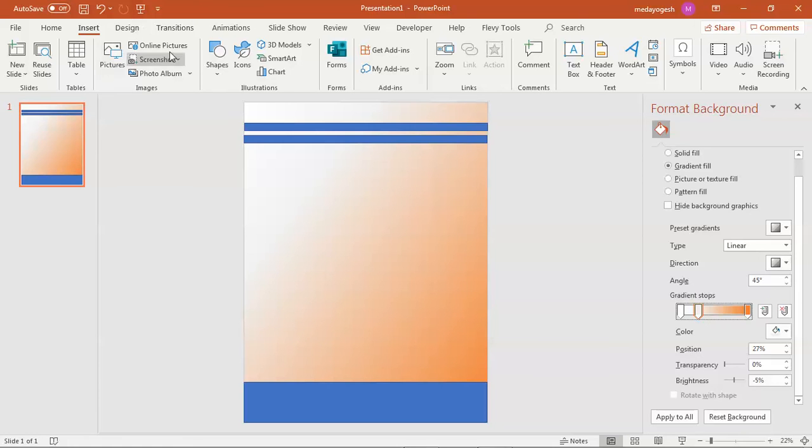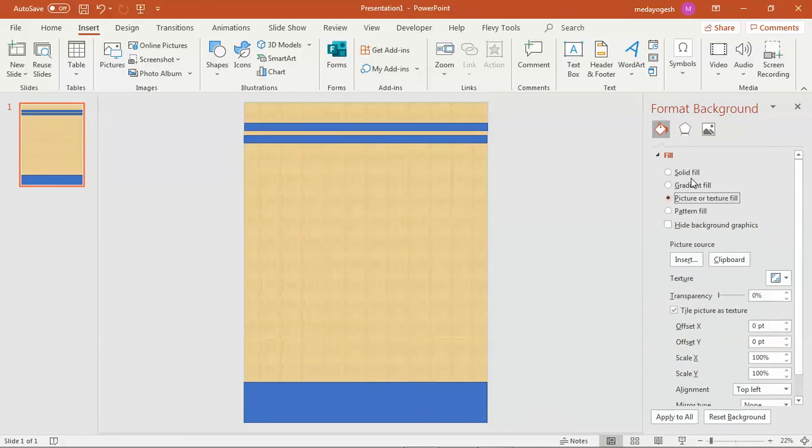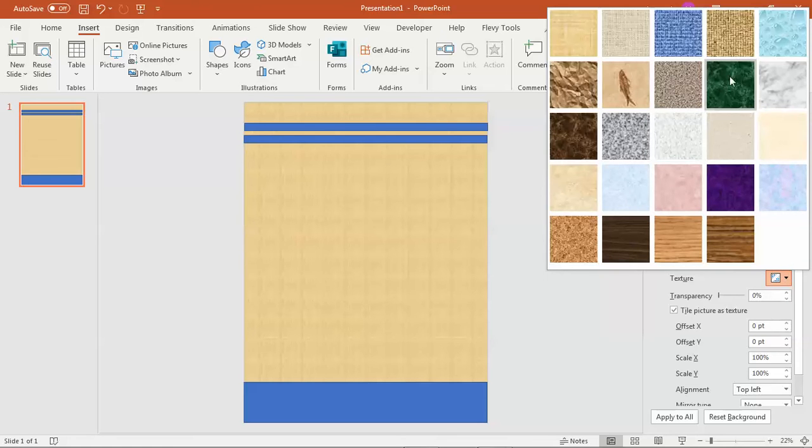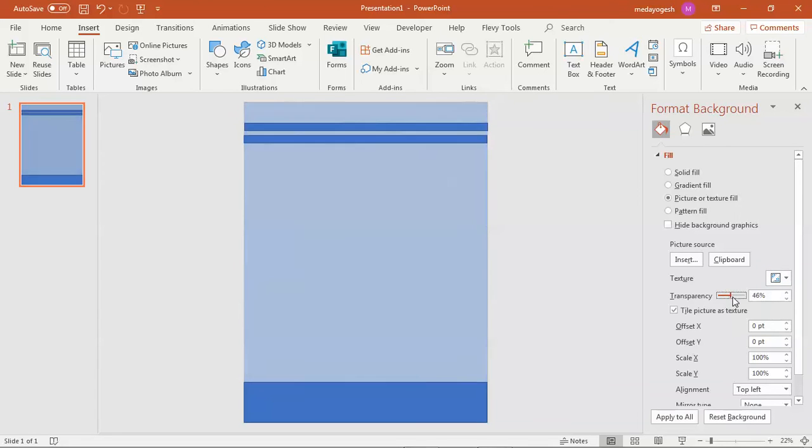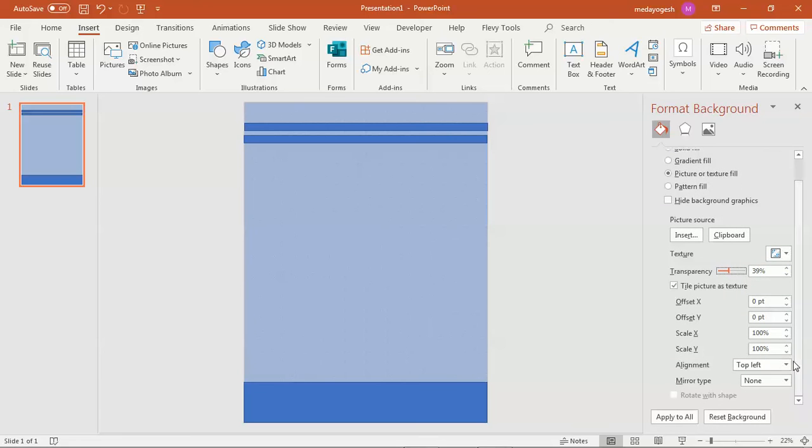Okay, now I'm not saying this is the end of it. You can have some textures also. So this is a kind of a texture. You can get a lot of other options where you can use it. You can increase the transparency, trying to make it more transparent. You can change the alignment also,